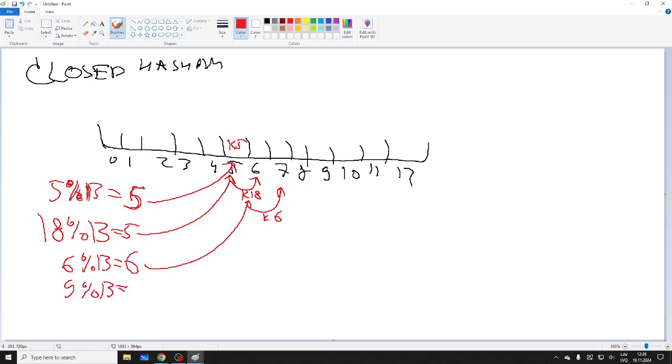All right. So, if you get, let's say, 9, 13 is 9, and we are happy. And if I do 22, so far so good. What we just did is called linear probing. We did it linearly. We are checking: is the next place taken? Is the next room open? Next room open? Next room open? Okay.